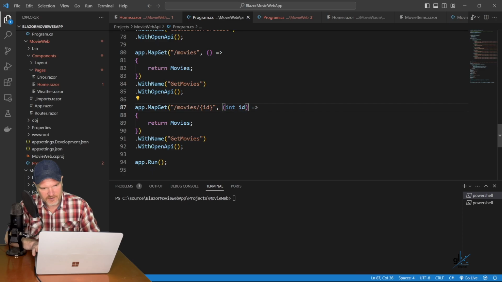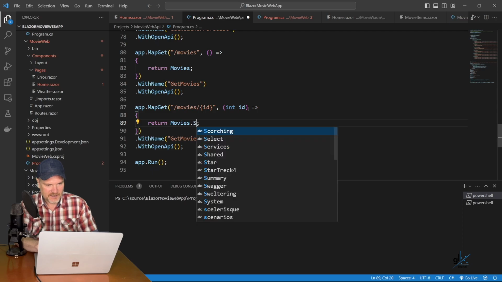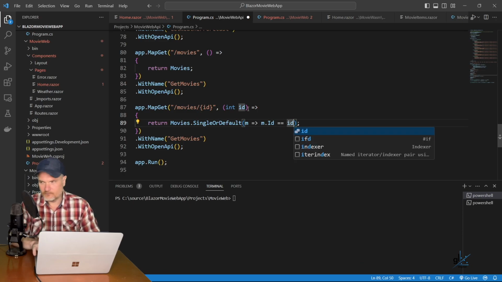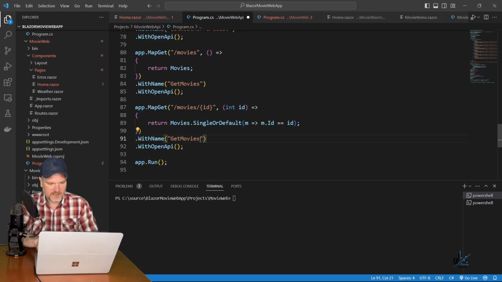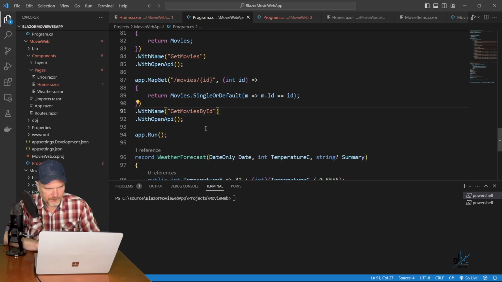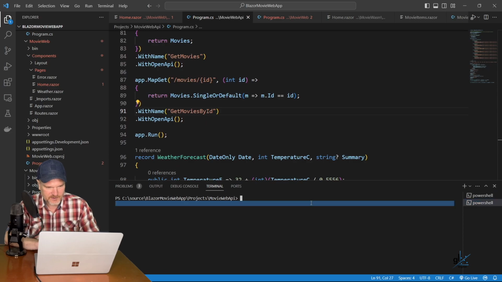parameter definition for this expression, and then we can simply use LINQ, the SingleOrDefault extension method, to filter our movies collection down to a particular movie. And this can be GetMoviesByID. Great, that looks pretty good. Okay, let's just make sure that our code